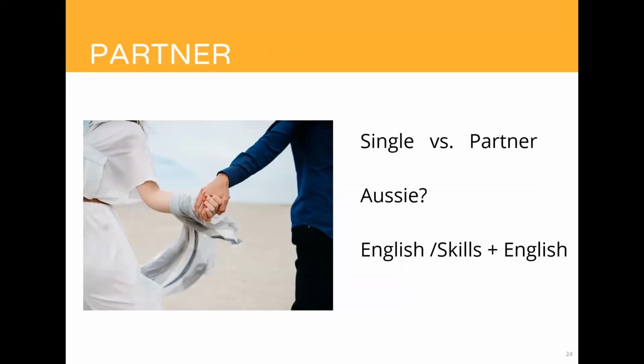If you're single, you have no partner, you have no boyfriend, no girlfriend, you're not married, then it should be quite clear that you are single. If you recently have become single, however, for example, you're married but you've recently separated, you need to ensure that you have evidence of that, and if you or your partner have been holding the same visa, that the Department of Home Affairs have been notified of the breakdown of that relationship, because the Department of Home Affairs may doubt that you are actually single.